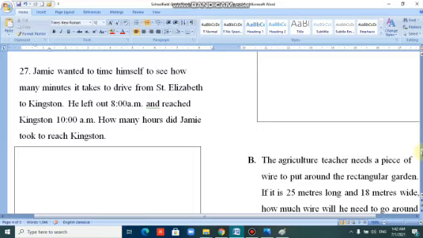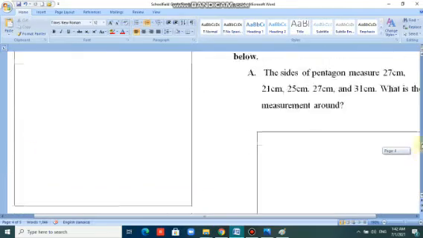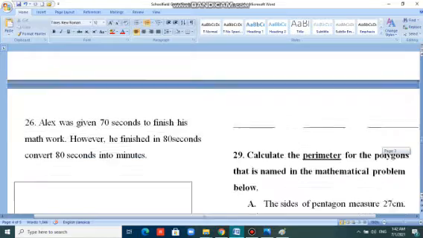So let's go. Jamie wanted to time himself to see how many minutes it takes to drive from St. Elizabeth to Kingston. He left at 8 o'clock a.m. and reached Kingston at 10 o'clock a.m. How many hours did Jamie